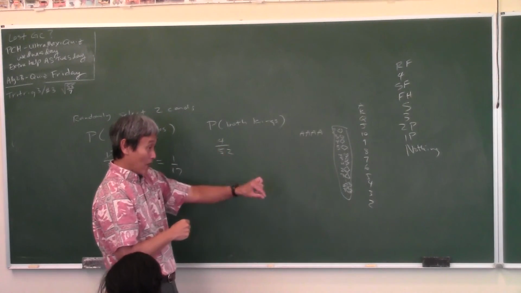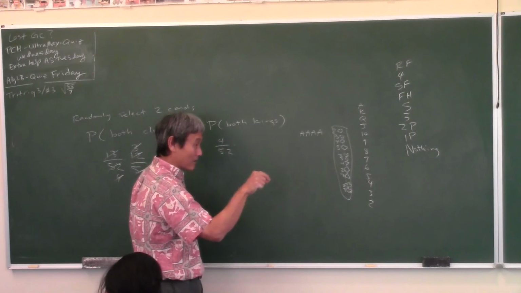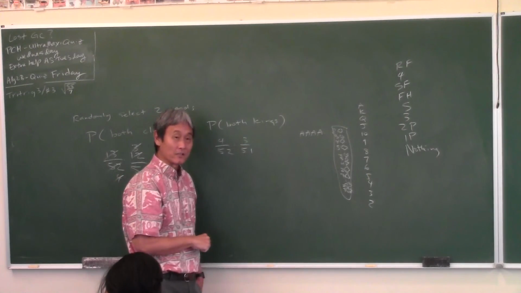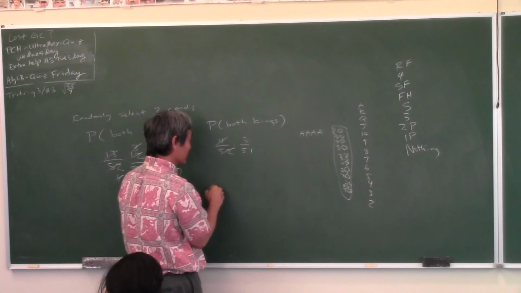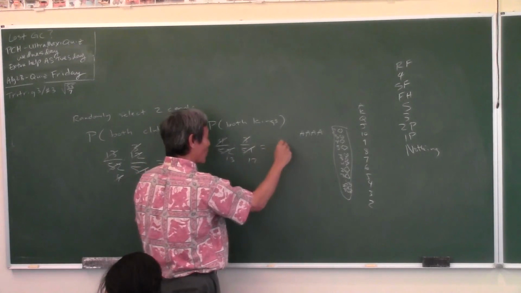Okay, now, a king is already removed from the deck now. What's the probability of pulling out another king? 3 out of 51. There you go, that's your answer. And then now you got to simplify. 4 goes into 52, 13. 3 goes into 51, 17. So the answer is 1 over